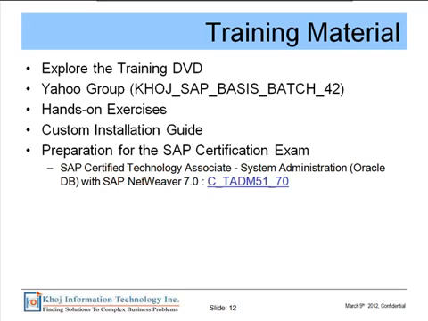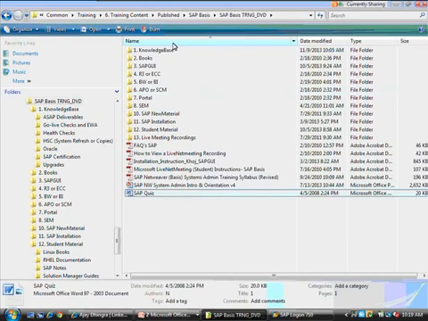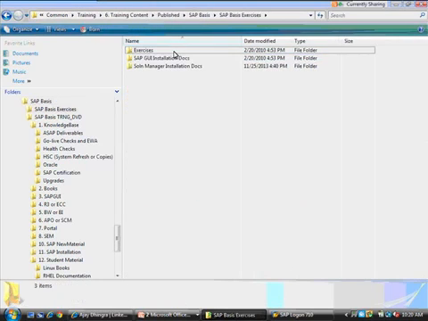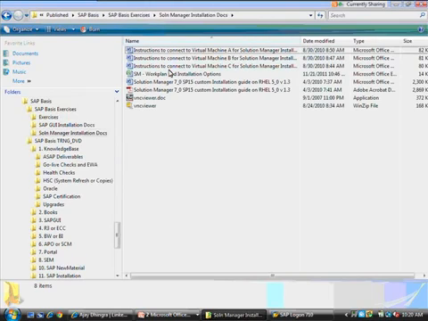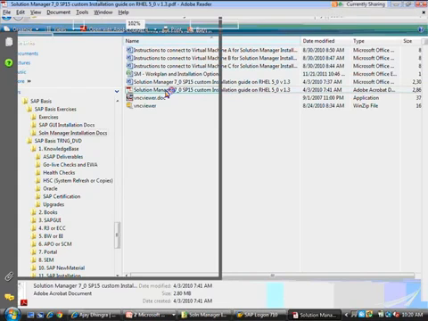There is a custom installation guide. When we do the installation, it's obviously very difficult, comprehensive, and complex material. So we have a custom installation guide which we have prepared, which forms the foundation of that installation. That guide is not in this DVD. That's given to you separately. This is the custom installation guide. It will be physically given to you. I'll show it to you now.